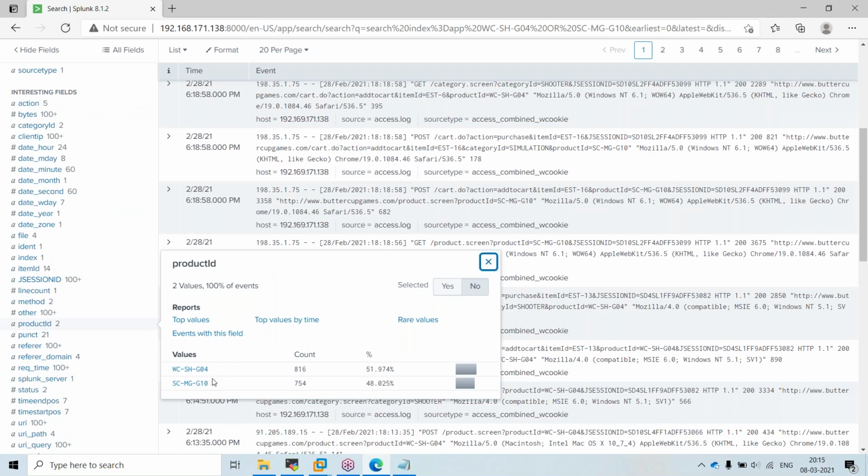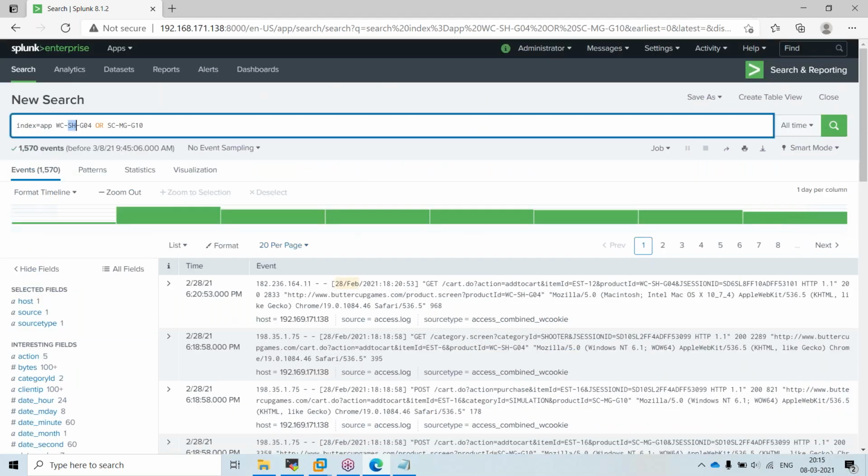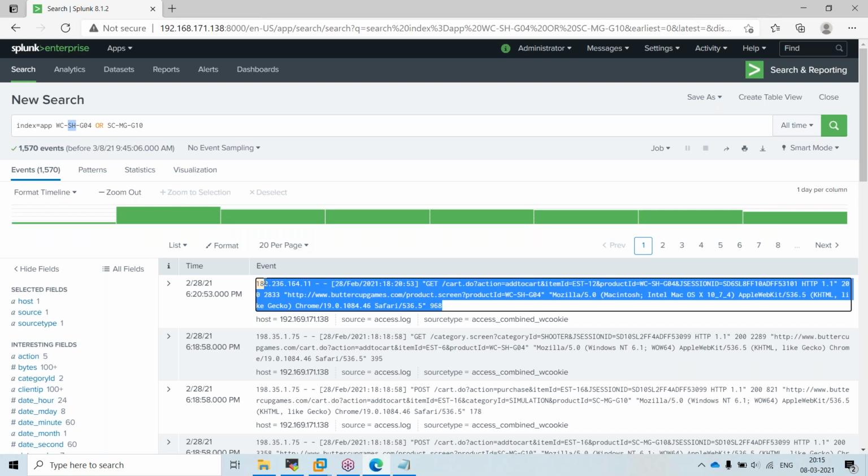But there is one problem here. I didn't specify this text to be present. Whenever I give a search here, it will search in the complete text of this log. Let us assume, where is my product ID? Yeah, we have some product ID like this.